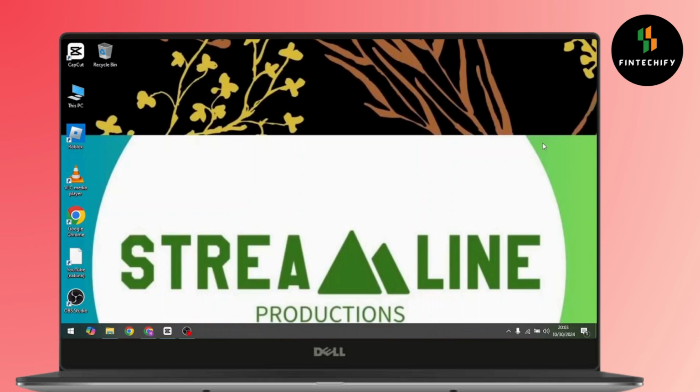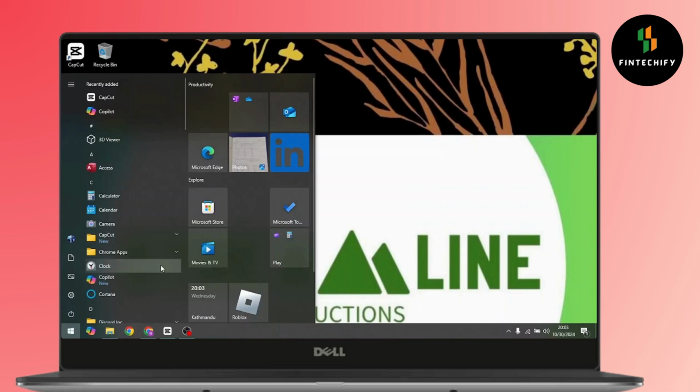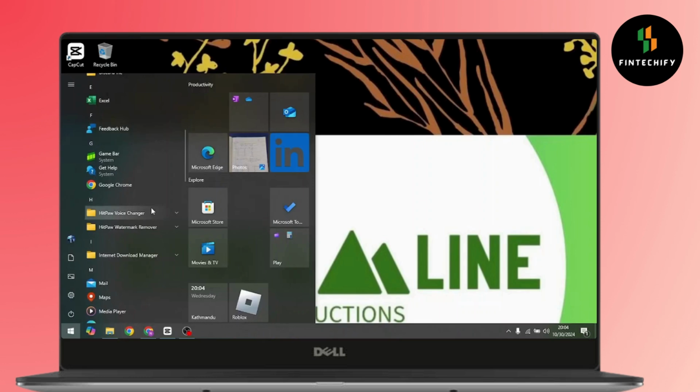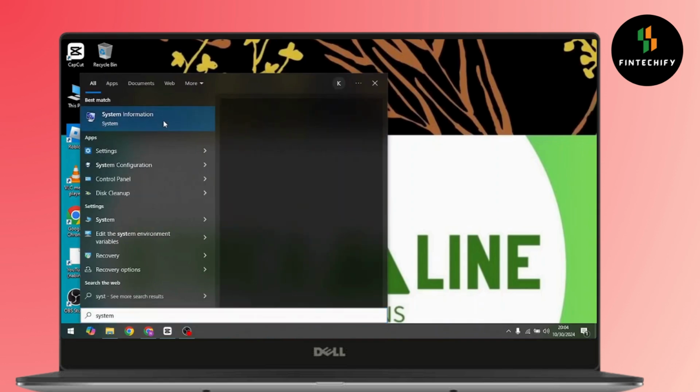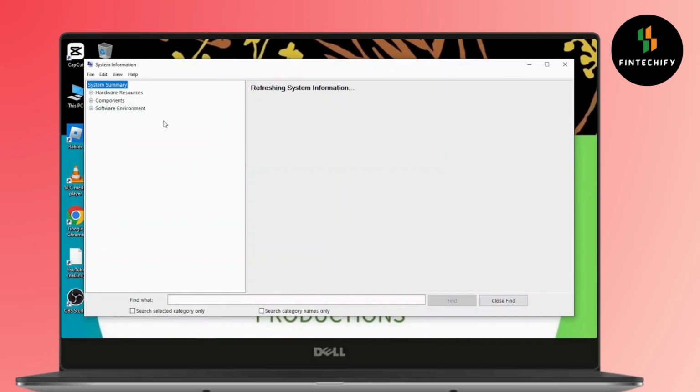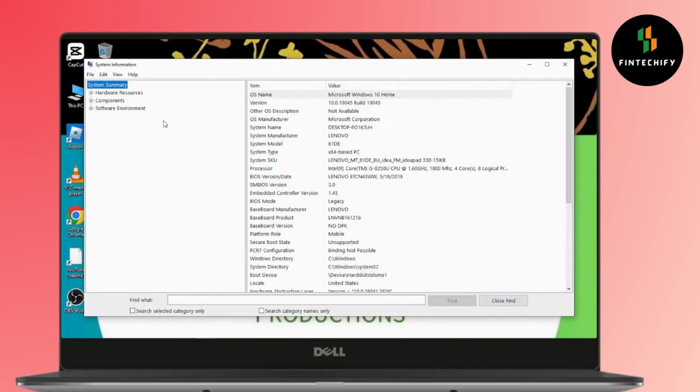First of all, you just have to go to your Windows and navigate to your search bar. On your search bar, you have to write system information. Once you are on system information, you just have to open it up. After opening your system information, here you can see your